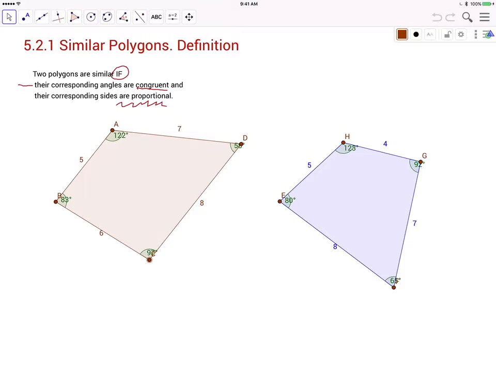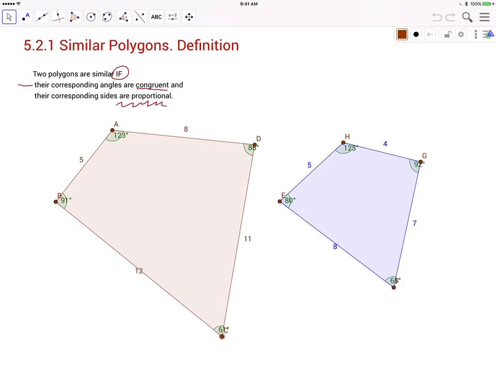vertices. So anyway, I'm going to try to take this brown one and match it as a similar figure to the purple. The first thing I'm going to do is try to make angle A be 123 degrees. So maybe there it is. Oh, and look, I've got 8 and 4, so I've already got something that's twice. Now I'm going to come down here and move, I think this is C, and I'm going to match, look up at D. I need D to be 92 degrees, and I need,